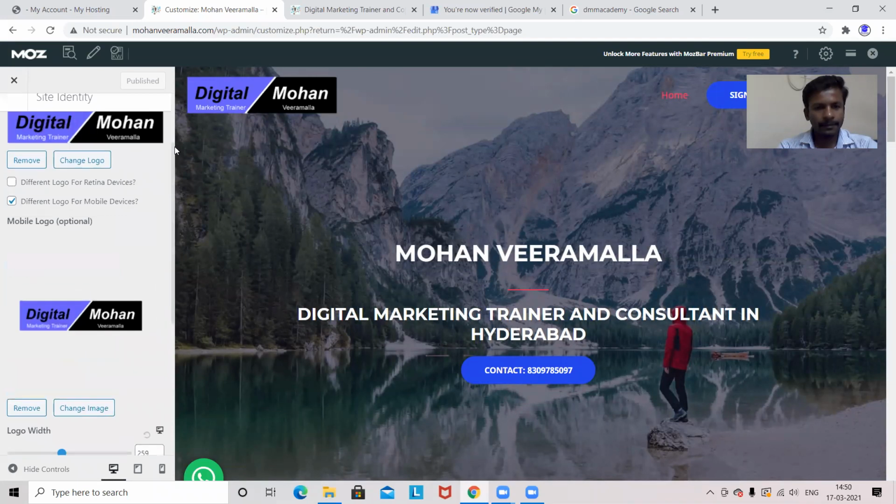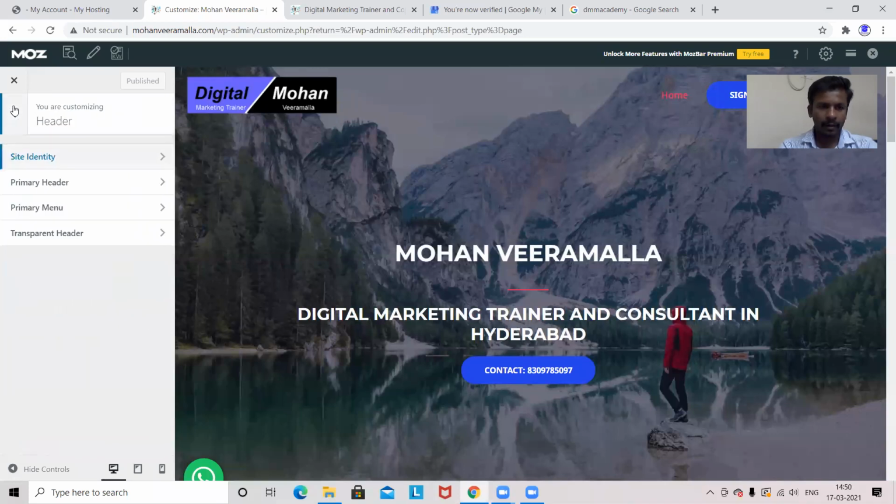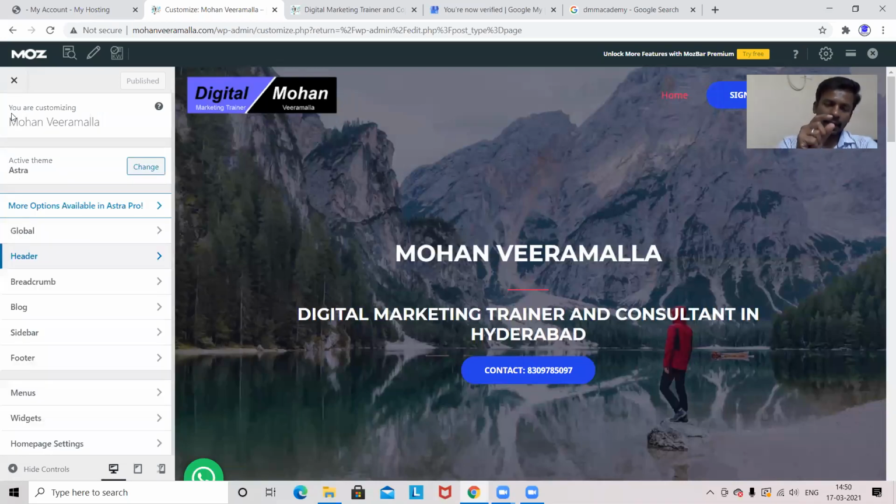So I'll go back again. I can go back here or I can cross this one. But if I want to use more properties under the customize, then I have to simply go back from here. Then I can see the rest of the properties. Primary header I have, primary menu I have, transparent header I have. Now this menu part got over. On the right hand side, after the logo, I have a menu. Now this menu, if it is already designed, then I can select it blindly. But first I have to create those pages and convert them into the menu. Then I can show it there.